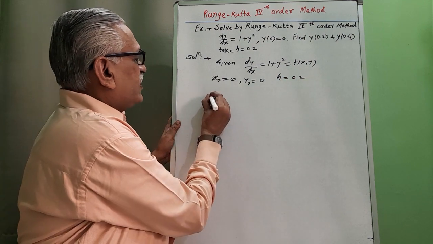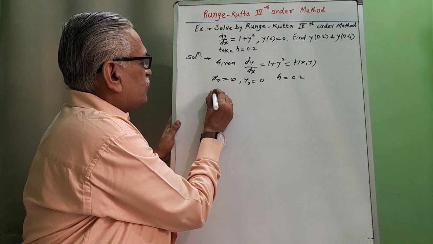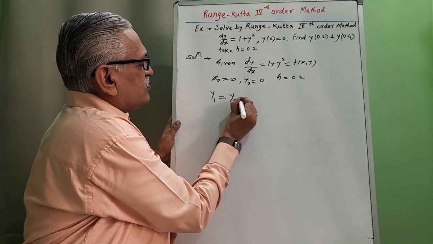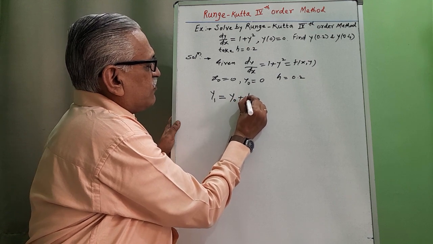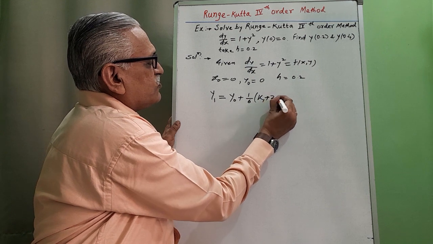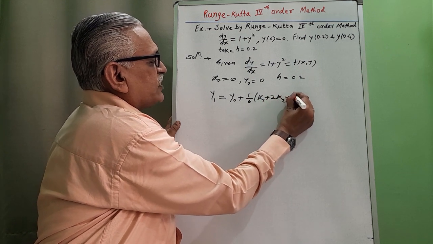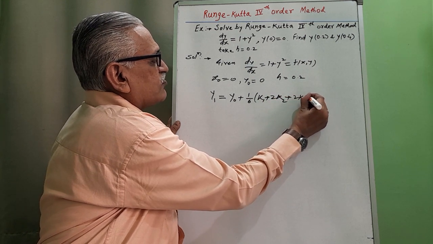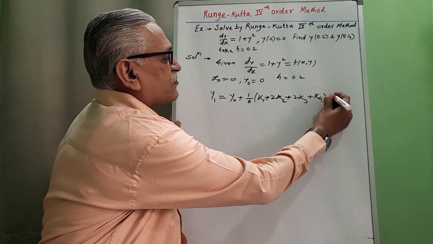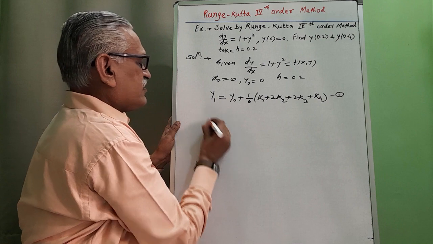Then we have solution as y1 is equal to y0 plus 1 by 6 times k1 plus 2k2 plus 2k3 plus k4. We call this equation 1, where